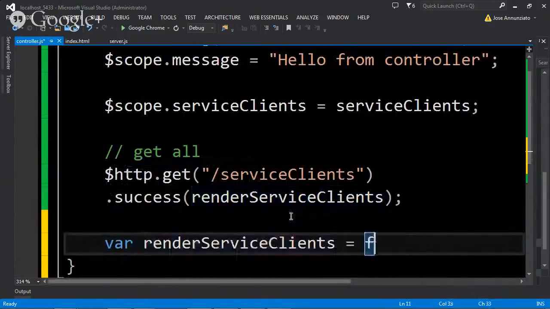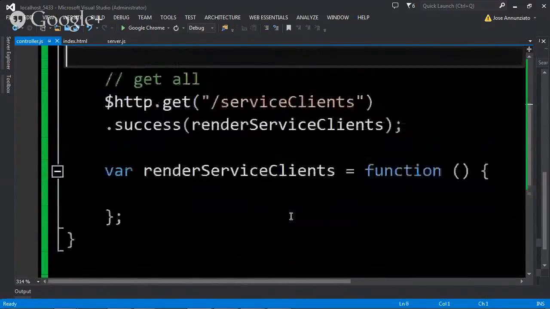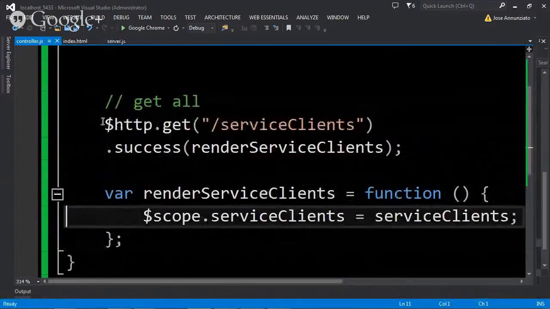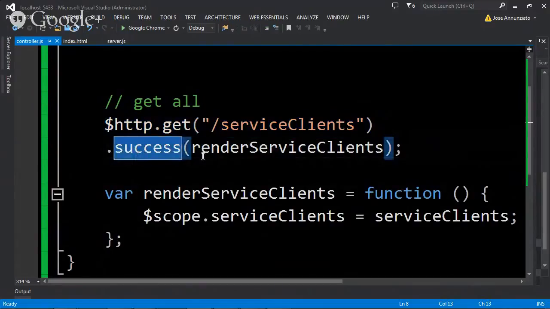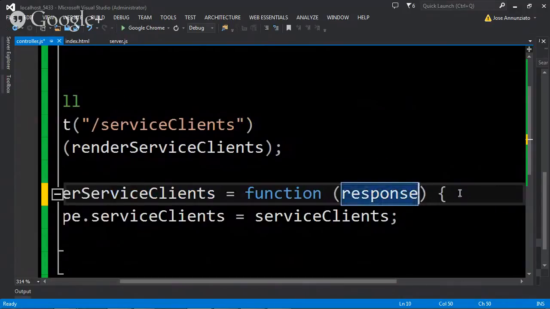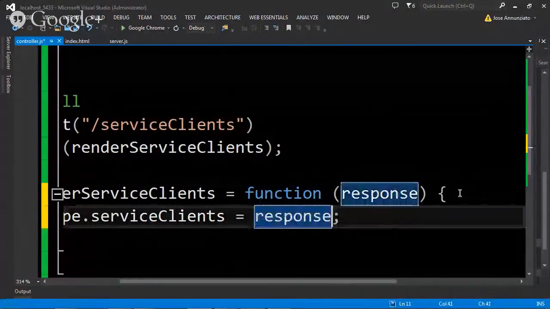Var function. Right? And what are we doing in that method? So what's going to happen here is that HTTP is going to go and hit that service. Yes, it's going to come back with JSON, and if it's successful, it's going to call that function. It's going to pass the data that comes back as a response. It's going to call this function. There's the function, right? And it's going to pass it here as the response. There it is, response. And the response, we're going to assign the response to